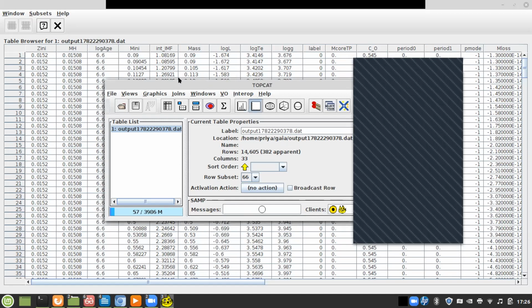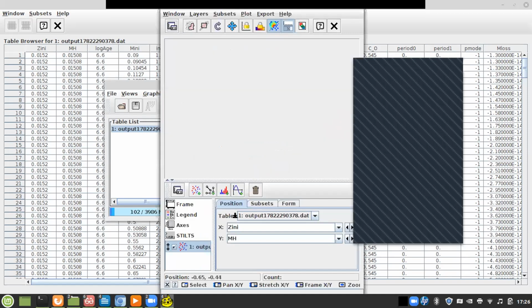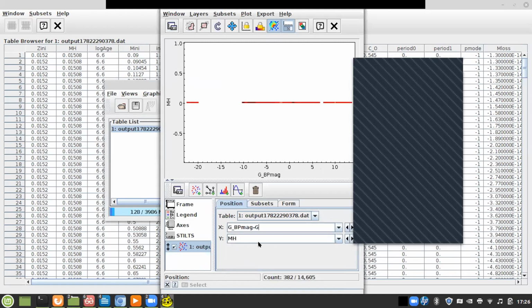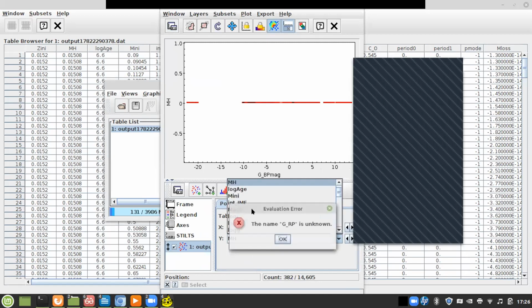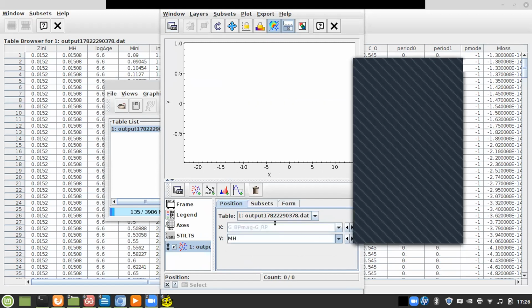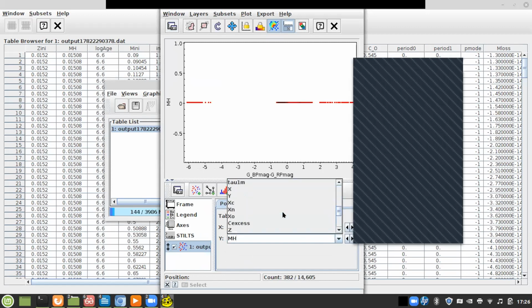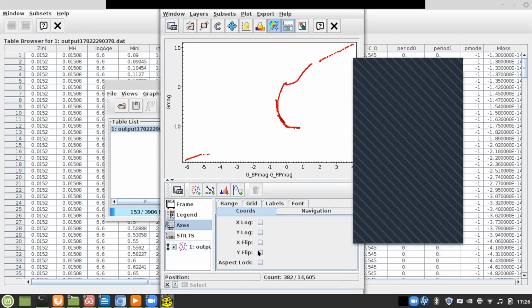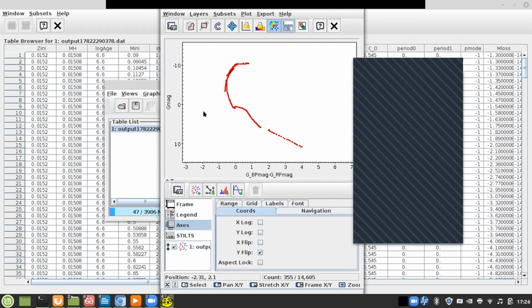So for example, here you take a plot, and you can plot over here. My x-axis is going to be GBP minus GRP, and here I will take my Gmag. Here I need to flip it. I'll flip it, and this is my isochrone.